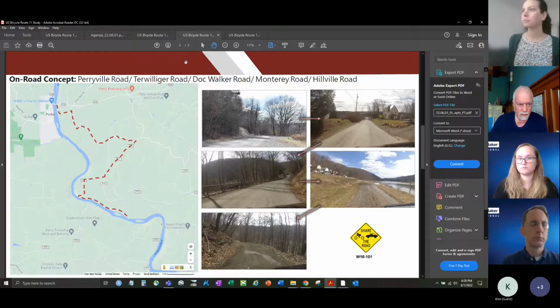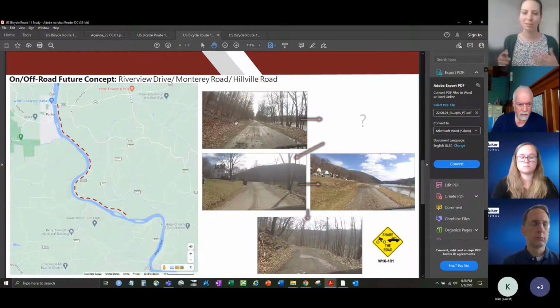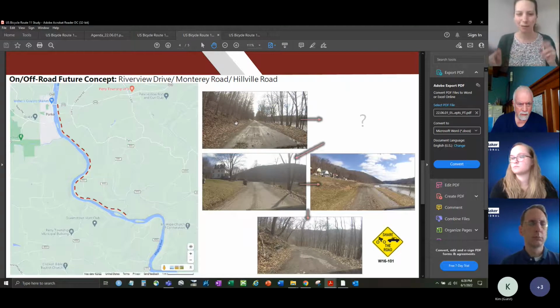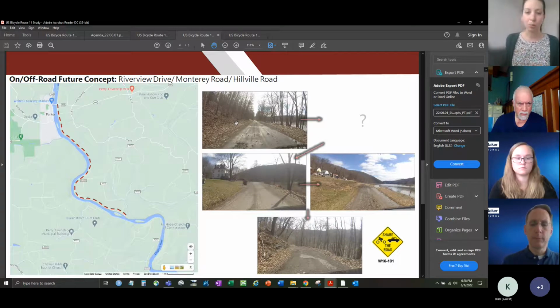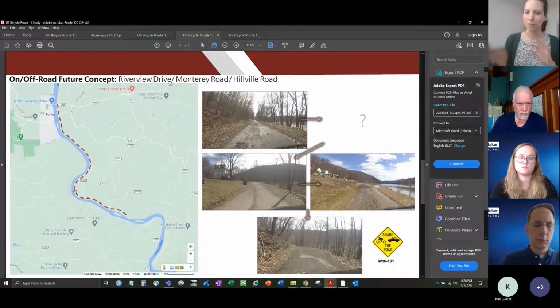facility. The other concept that we are presenting today as, let's say, a future concept, which includes some on-road and off-road portions, follows along Riverview Drive to Monterey Road to Hillville Road. There's a portion where Riverview Drive sort of trails off and you have sort of a private property, old railroad bed scenario through here, and then it would connect on to Monterey Road and Hillville. Hence the on and off-road